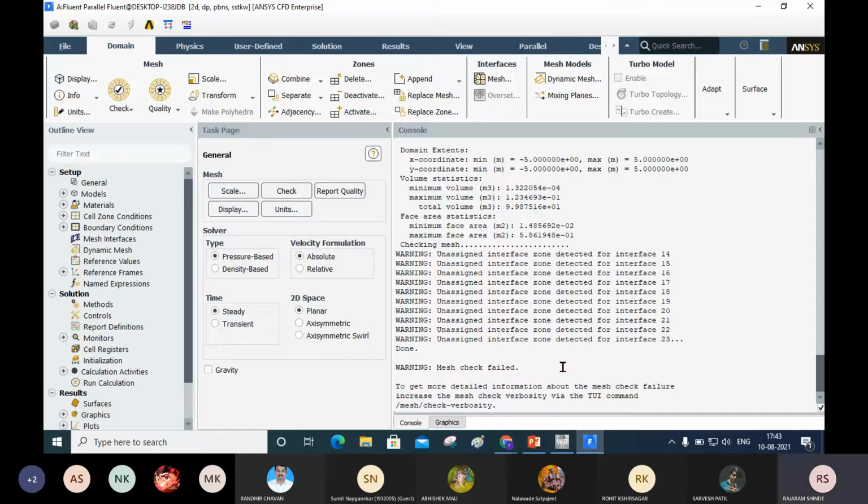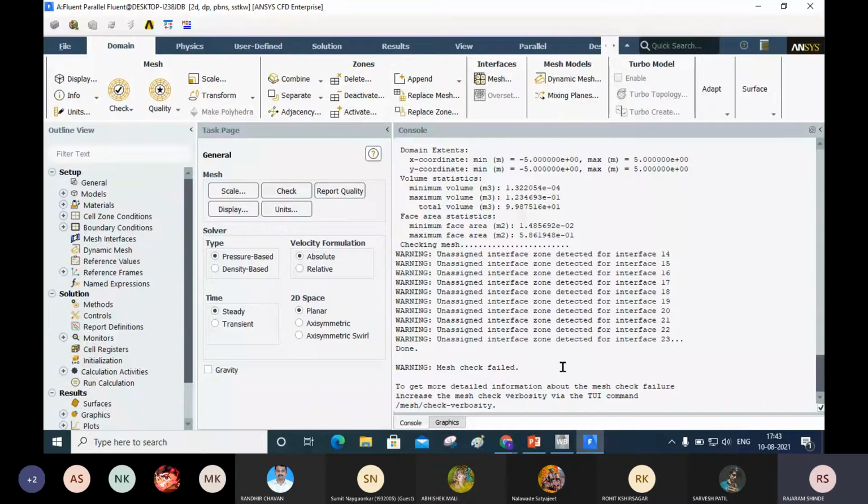Okay, why this mesh check is failed, I will tell you. Here in this domain you have non-conformal interface where the mesh nodes are not matching with the interface nodes. That means there may be mismatch between the adjacent nodes.